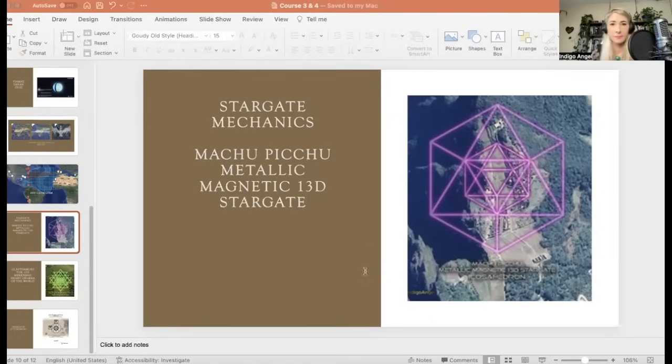Some of these Stargates were sealed off. Some of them, I think, are closed. Okay, some of them close. I think some of the gates in China, they open and close those because